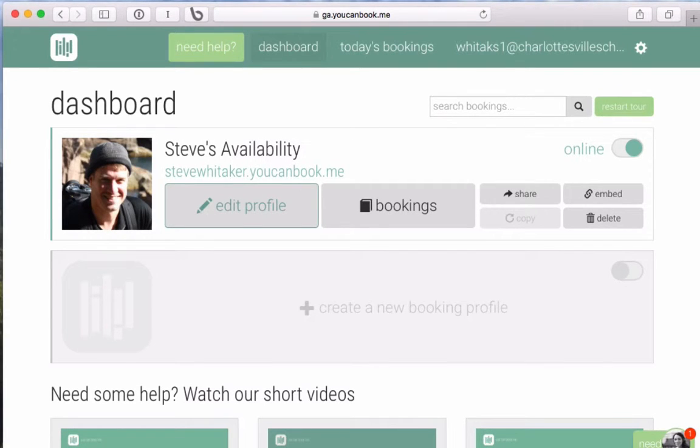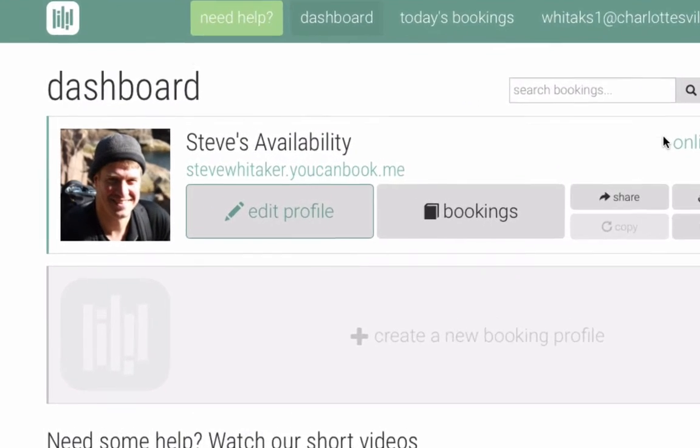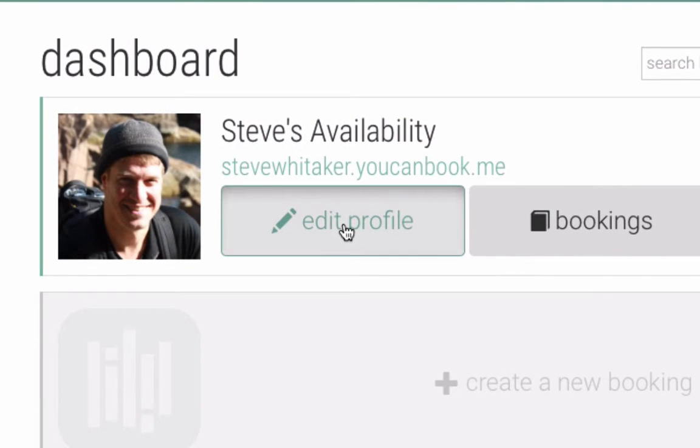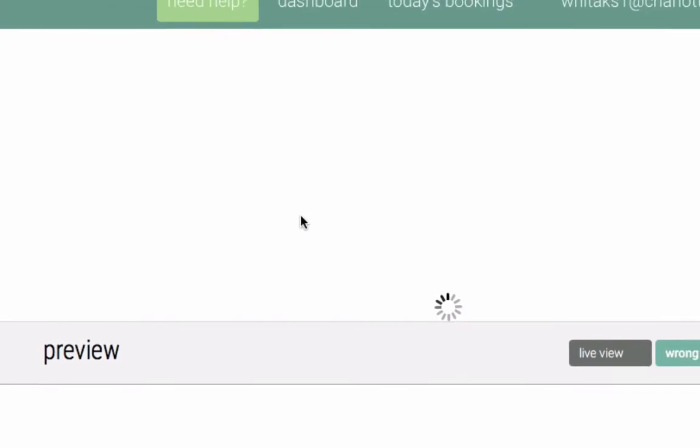This is the dashboard, and from here you can make changes to your booking form. You can change the hours that you're available. You can change the lengths of the appointments and change a bunch of other advanced features as well. To get to those options, click the Edit Profile button, and then you should be taken to a screen that